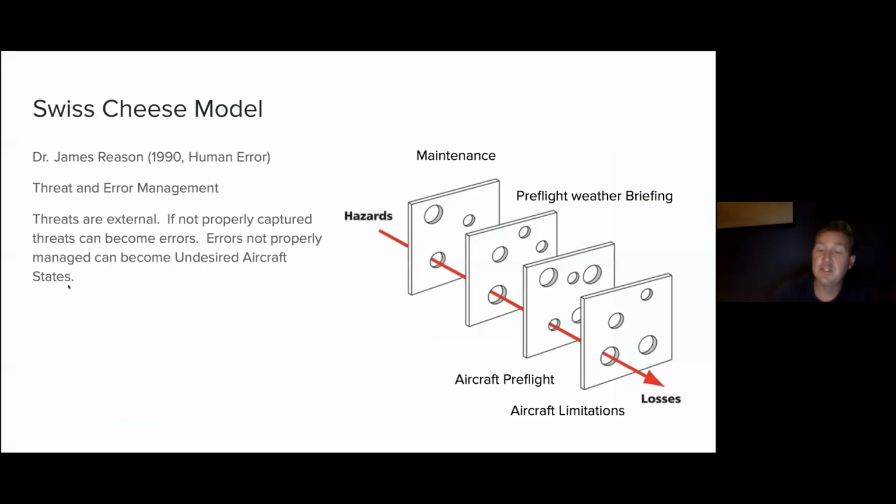We can never really just stop. We can't stop the airplane. So once you're airborne, it's up to you to figure out the right resource to solve the problem. One of the things that you probably aren't going to find in the FAA publications, but this is a very widely accepted